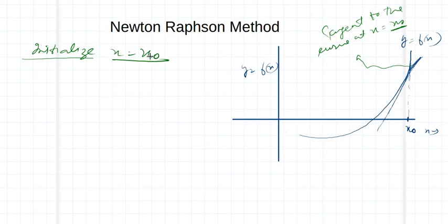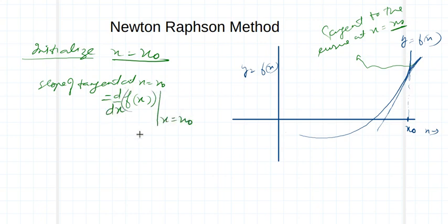Now what is the slope of this tangent? Slope of the tangent at x is equal to x naught. What is it? It is simply the derivative of the function at x is equal to x naught. So I call it f prime of x naught. But if this tangent intersects the x-axis at another point, let us say x1, then